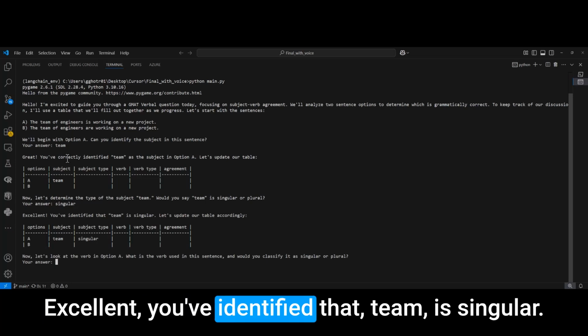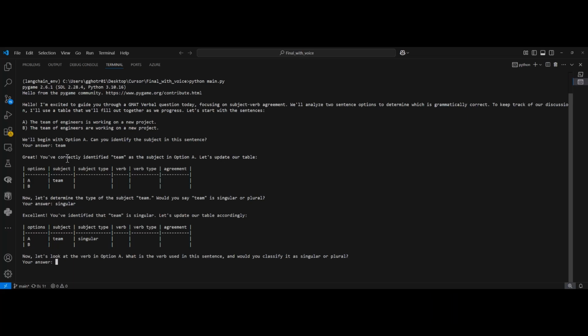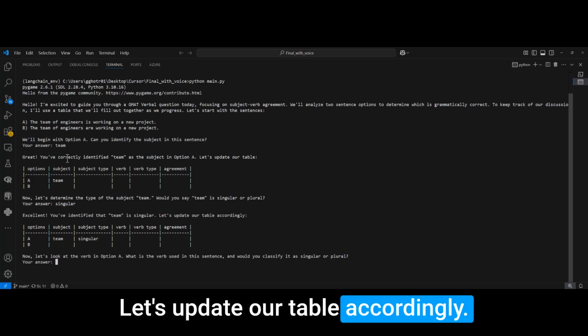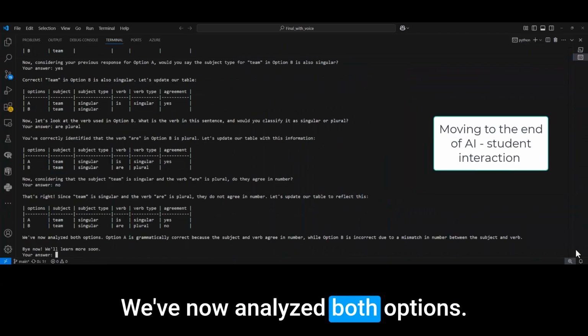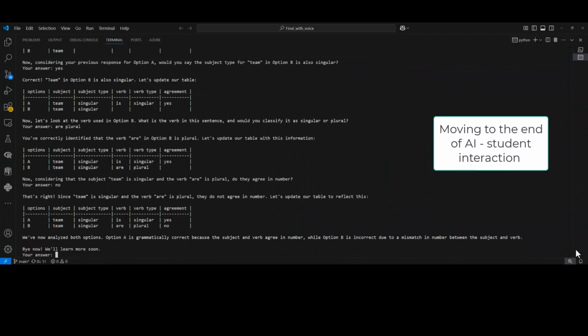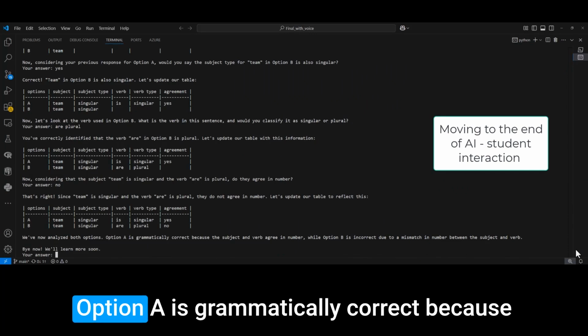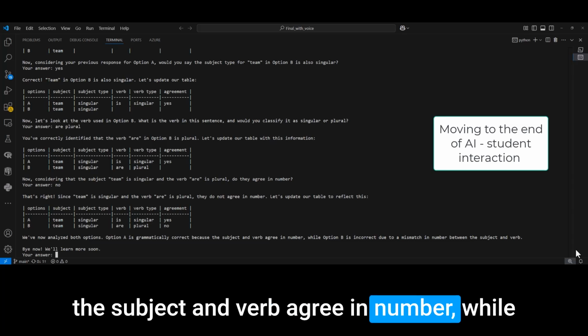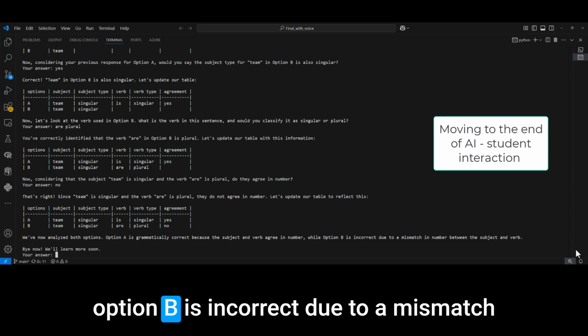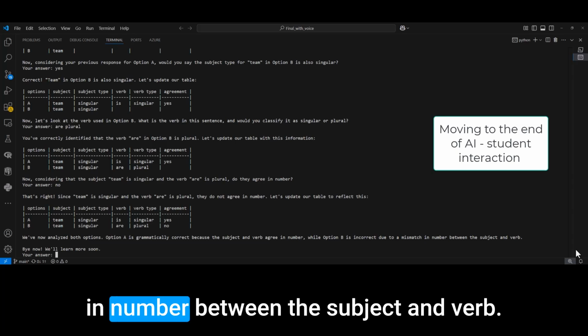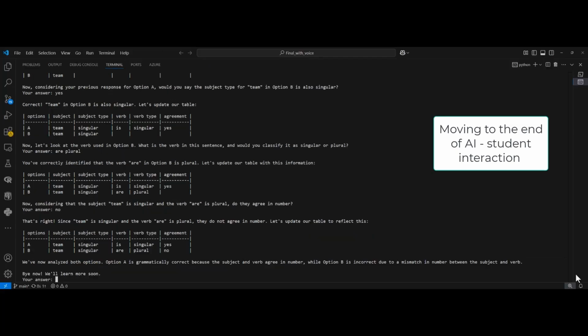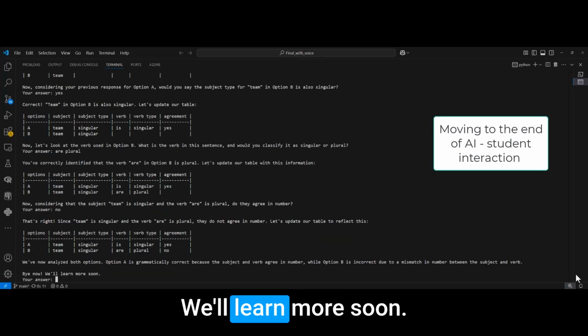You've identified that team is singular. Let's update our table accordingly. We've now analyzed both options. Option A is grammatically correct because the subject and verb agree in number, while option B is incorrect due to a mismatch in number between the subject and verb. Bye now. We'll learn more soon.